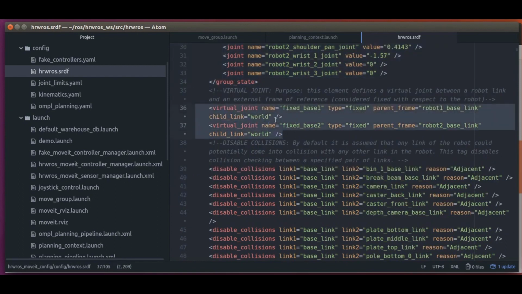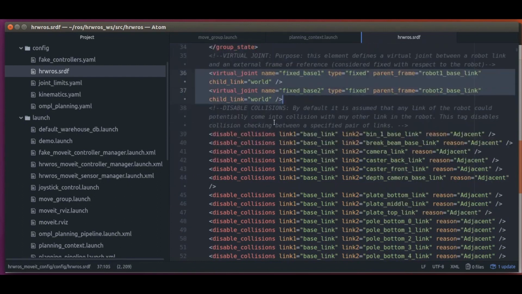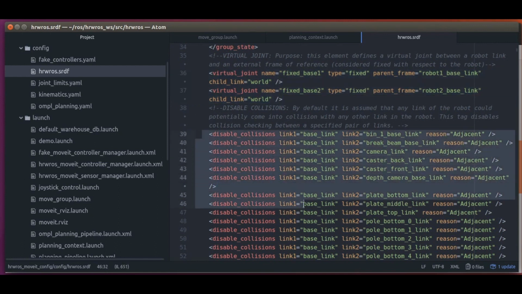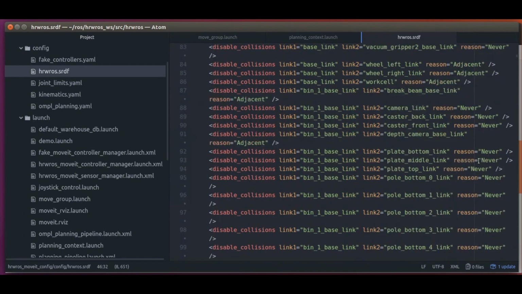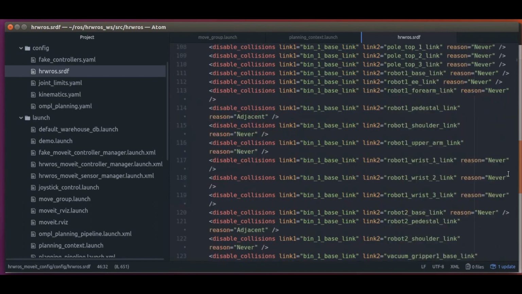Then we have our virtual joints, and lastly, the entire list of link pairs for which the self-collision checking step decided that there is no need to check for collisions because there is no chance that these link pairs would collide. And remember, when we update the URDF file with new collision geometries, we will have to run the setup assistant again to redo the self-collision checking.